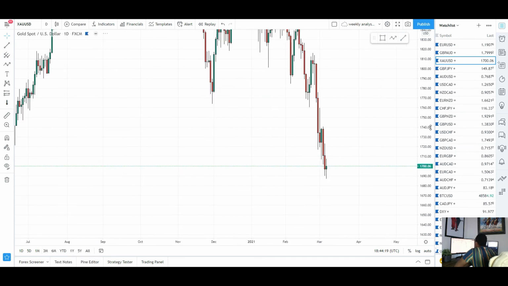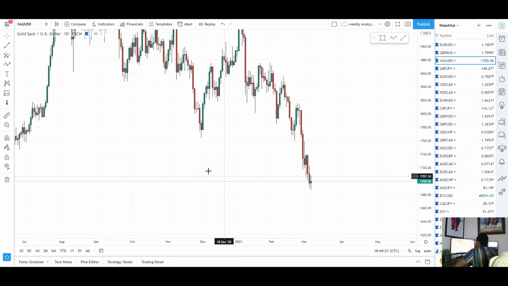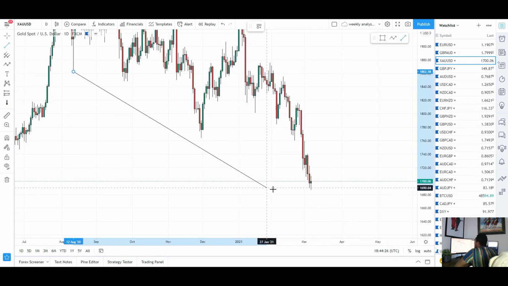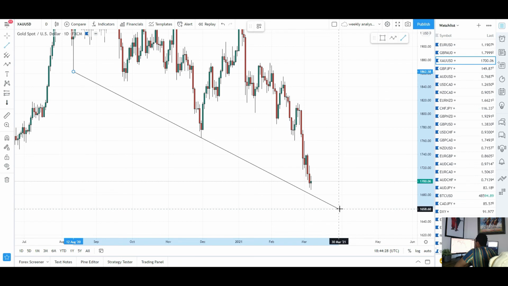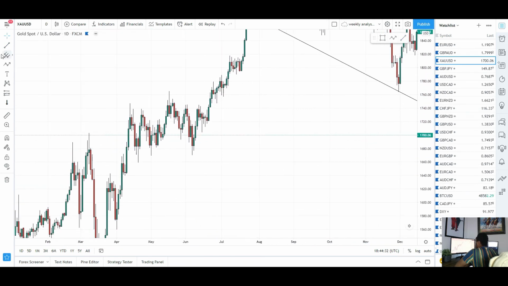So for gold here, we are still looking very bearish, but as you can see, we're very overextended right now here in the market. I think if I connect these low points now, you can see we're almost at that trend line. So could actually see price fall a little bit further. We also got this key level of daily support and resistance here in the market, which is around